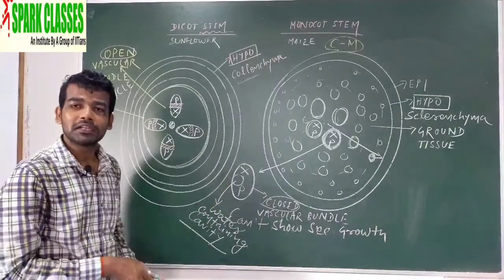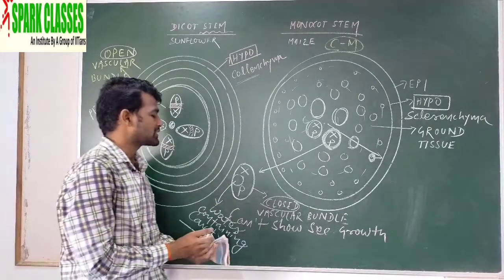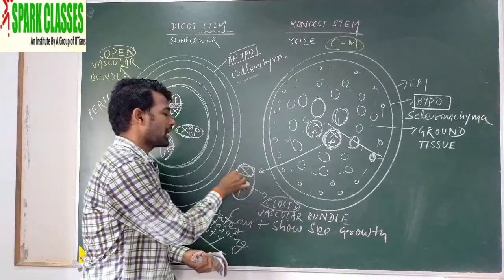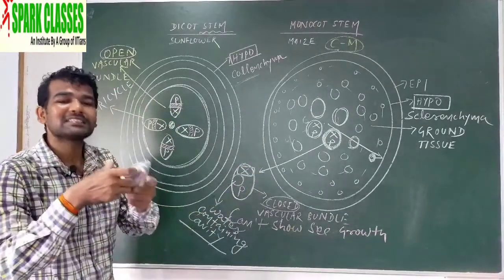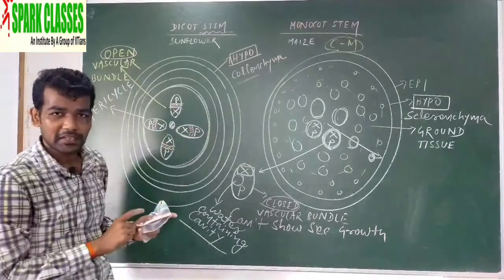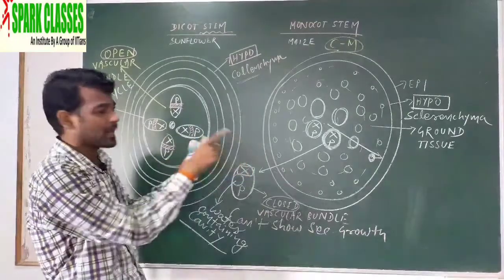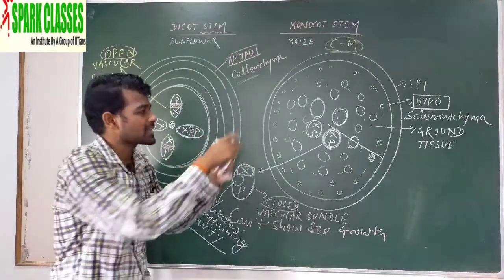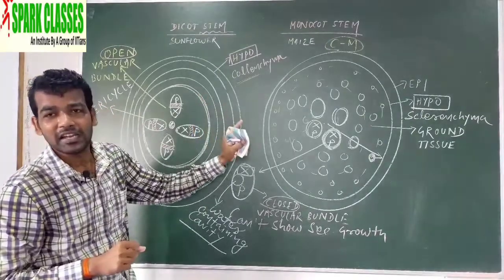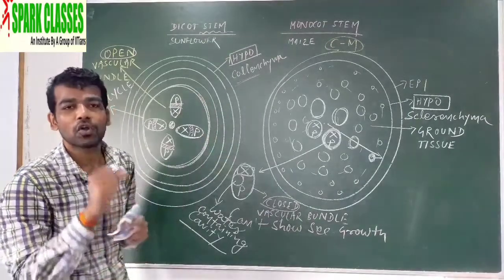And in the water containing cavity is the water which is transported by xylem. Monocots are very small in diameter. The diameter is very small, while the diameter is more in the case of secondary growth. So don't compare this diagram for understanding, but the stem size is very small in diameter. So as the diameter is very small, conduction of water in case of monocot is less.